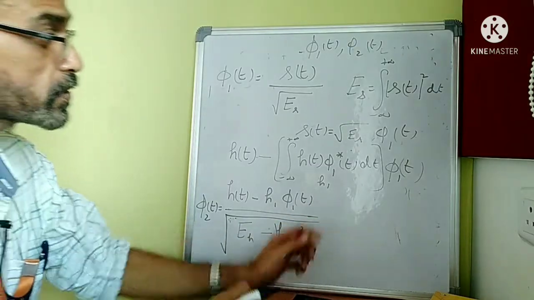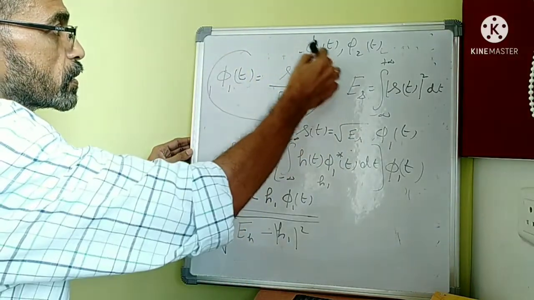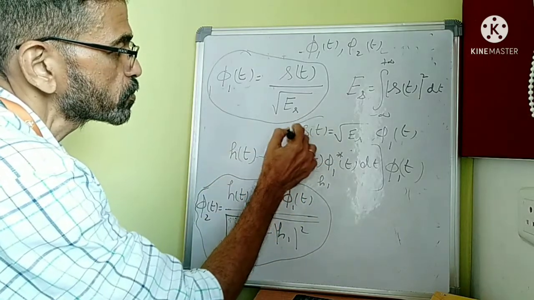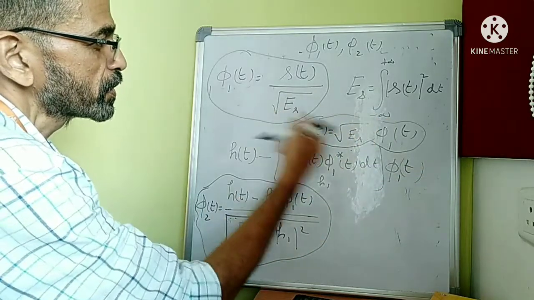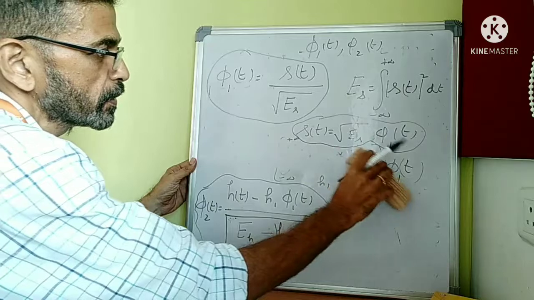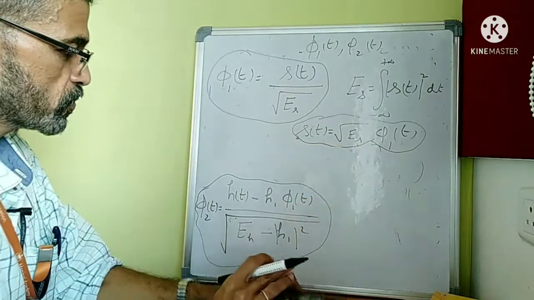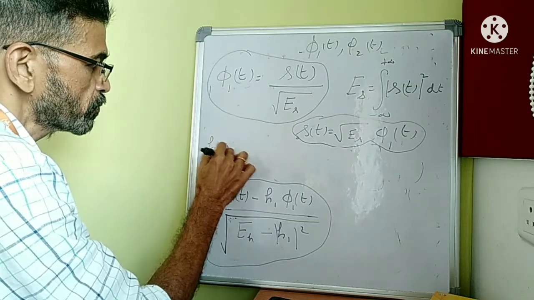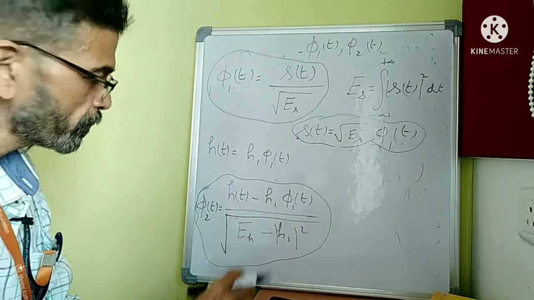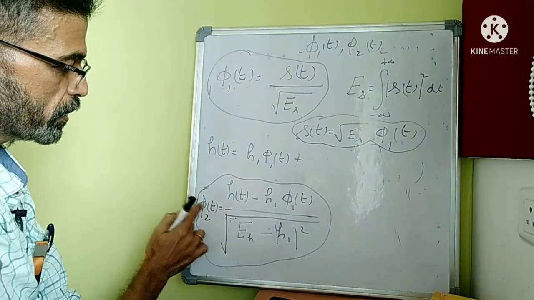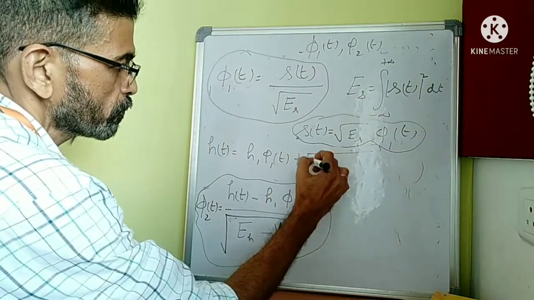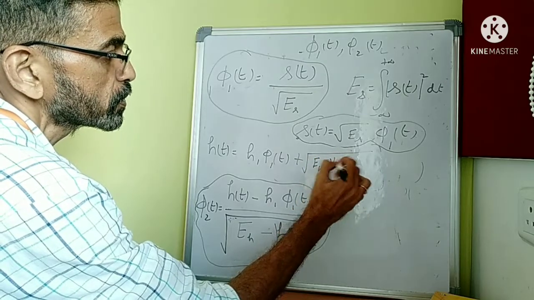So we have the two basis functions now with us. Phi 1(t) is this and phi 2(t) is this. And we already know that s(t) is expressed like this, it can be simply written like this. It's nothing but the same thing rearranged, and we know this is s1. And from this we see that, if we rearrange, h(t) is equal to h1 phi 1(t) plus, so I take it over here and bring it here so that I get h(t) in terms of these. h(t) is h1 phi 1(t) plus square root of EH minus h1 square